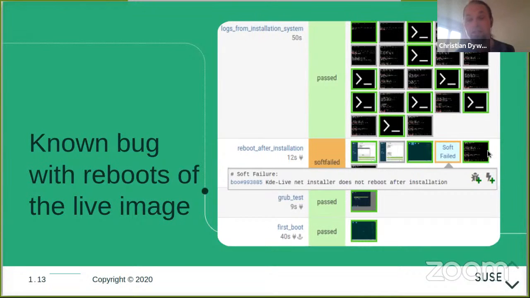So the interesting thing about soft failed, and the distinction of why this isn't simply a failure, is that there's a fair amount of cases where the test run on the whole ends up in a situation where you might have a known problem.